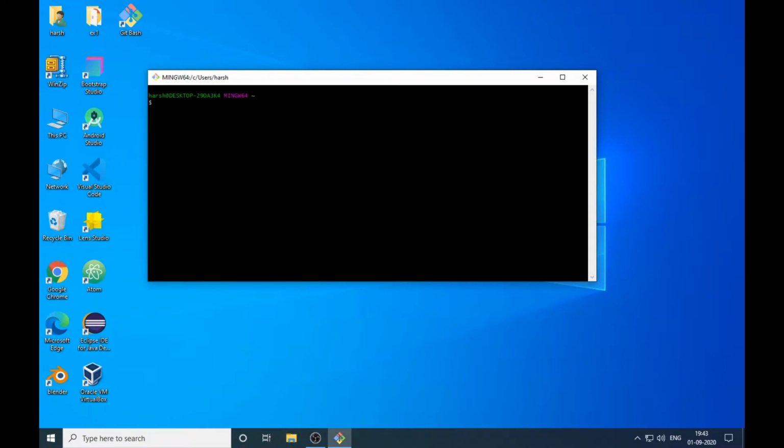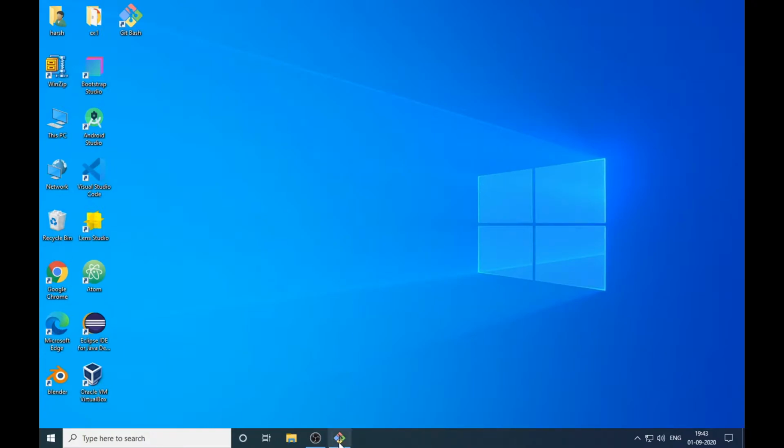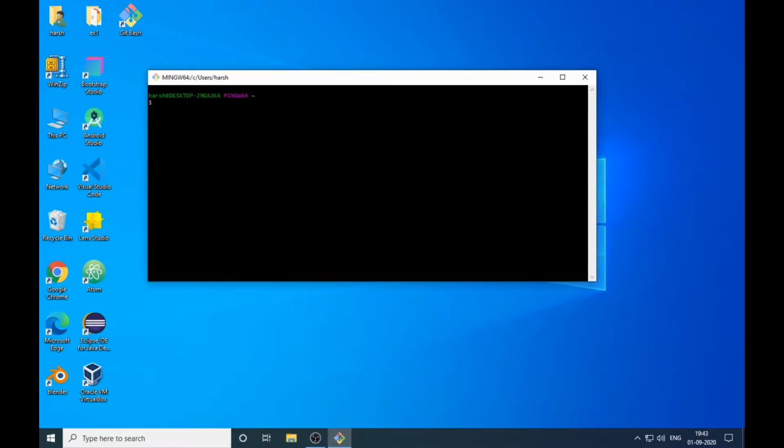It has a GUI as well. Now in Windows we have a terminal. It is the same as the terminal, but with more features. You can customize things more in Git Bash. It is also command line. So why are we not using the terminal? Because it does not have as many features as Git Bash.